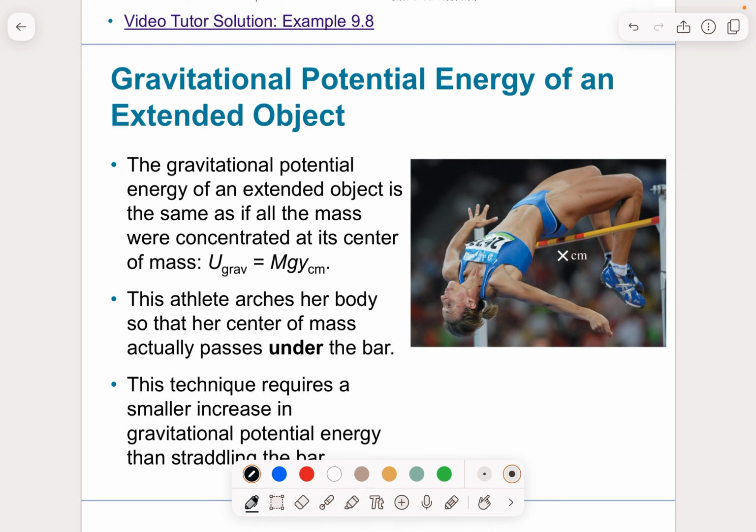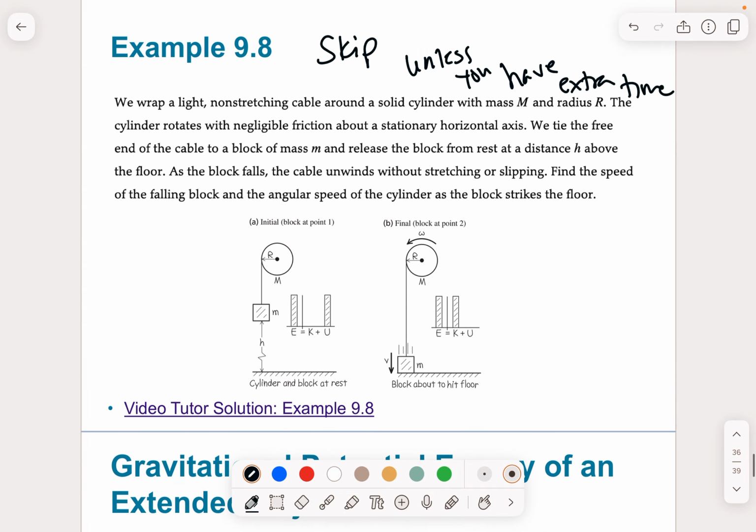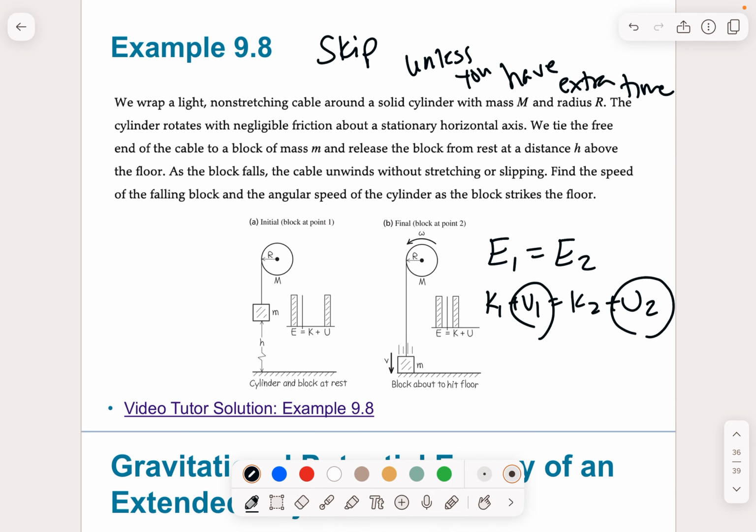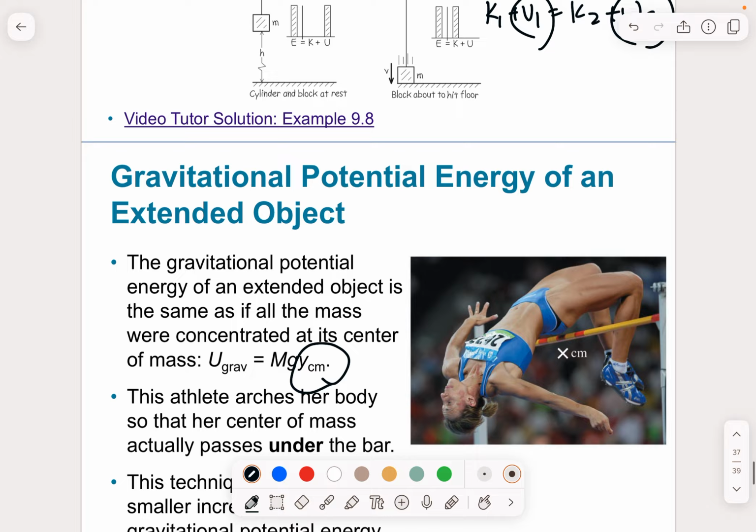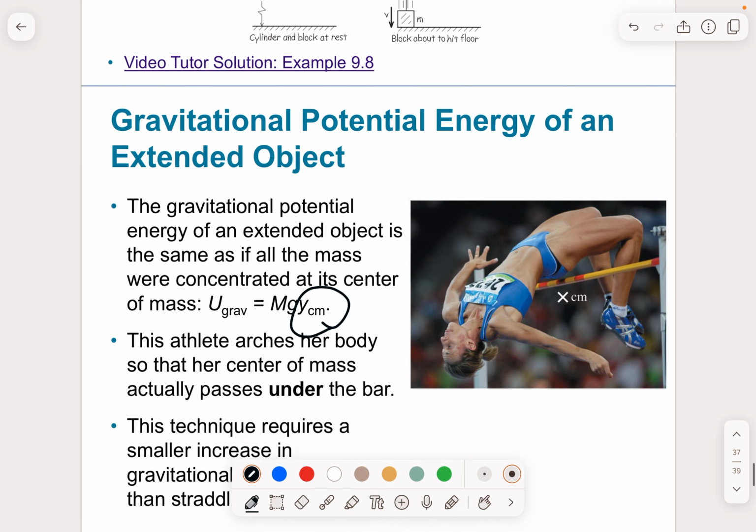And so what I want to express to you is that now when you are doing the conservation of energy, this U term for gravity, the y coordinate that you're going to be using to find U grav is going to be the center of mass in the y coordinate direction, right? So this is a perfect example of